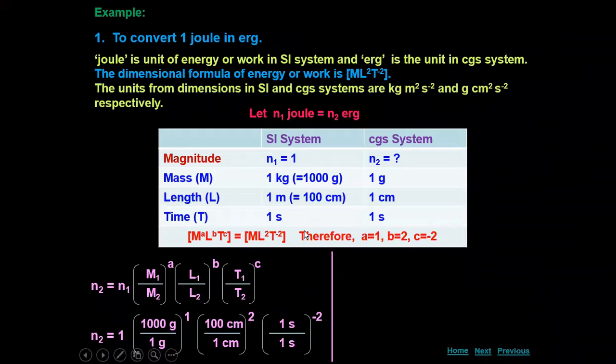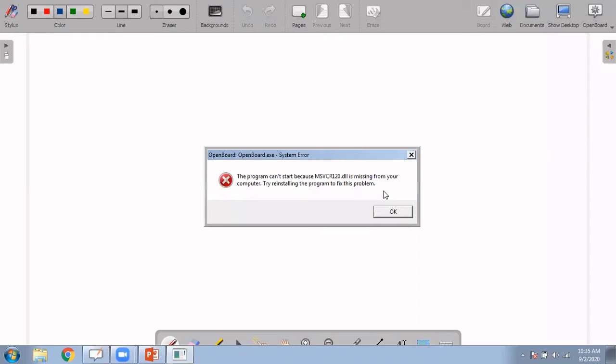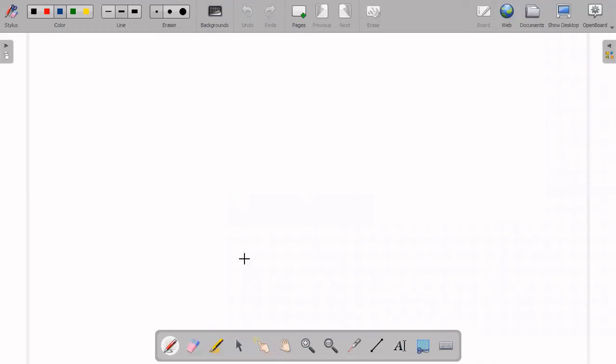I'll do this on a white screen so that you will understand more clearly. Now I'll write over that. So what we want to convert, n1 joules is equal to n2 ergs, right? Erg has to be written completely. Now n1, let it be n1 as it is. So n1 value we have taken as 1, because joule is the bigger unit, so n1 value we have taken as 1 in the given table.